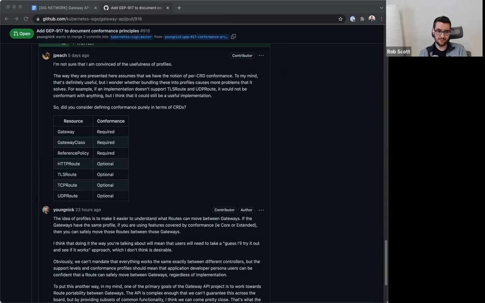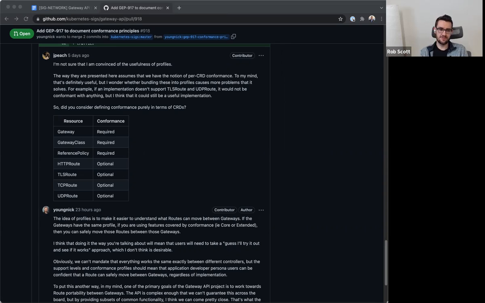And then each implementation is very welcome to, and likely should, have that more detailed information of, we support these specific resources and these specific features on those resources. But that's kind of your step 2, digging further into it now that I know you're in this category.